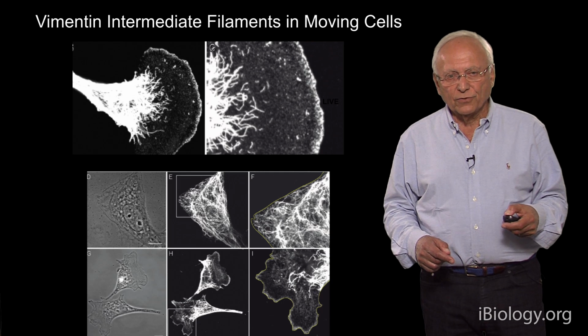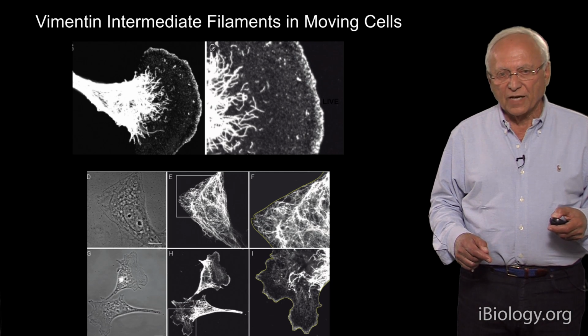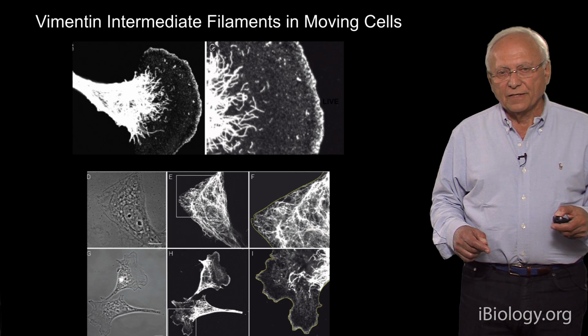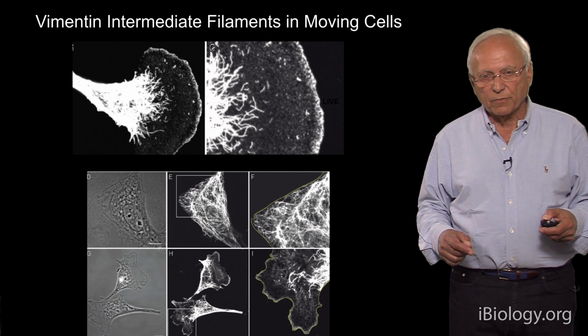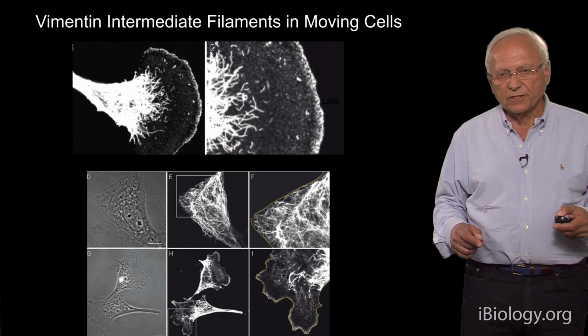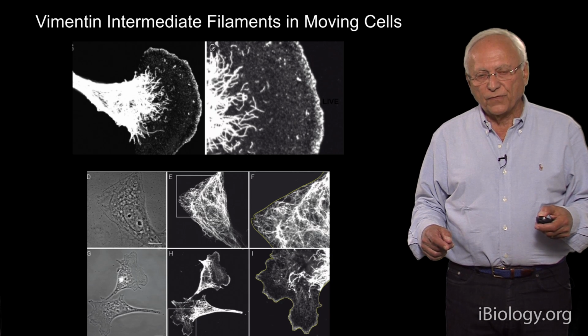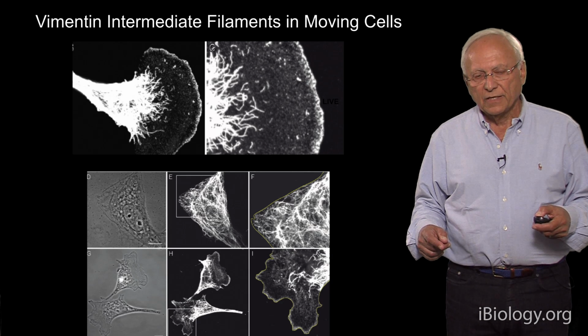We then decided to look at Vimentin intermediate filaments in moving cells. What do they look like? So we just take moving fibroblasts. In this case, it can be mouse fibroblasts or human fibroblasts. They look virtually indistinguishable. And you can see in the top left the typical fan-shaped moving fibroblasts. Now looking at Vimentin, you can see